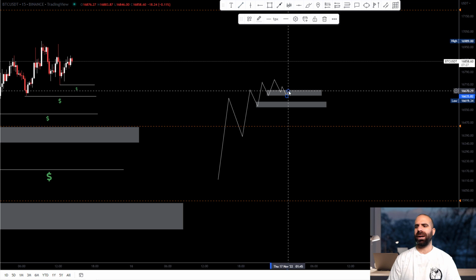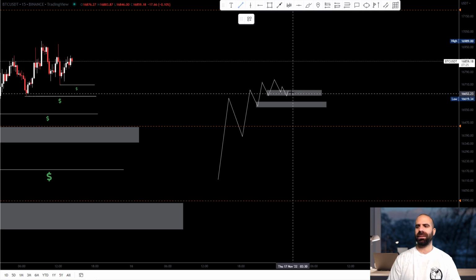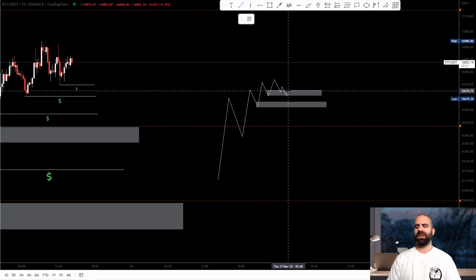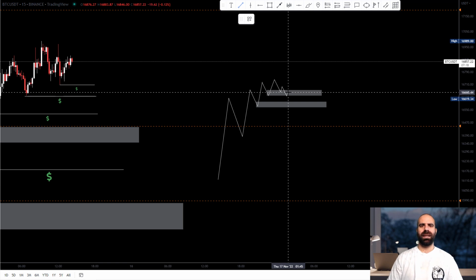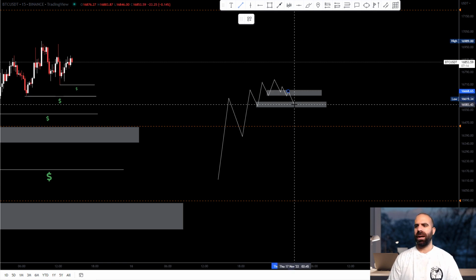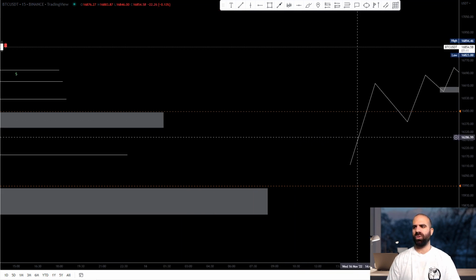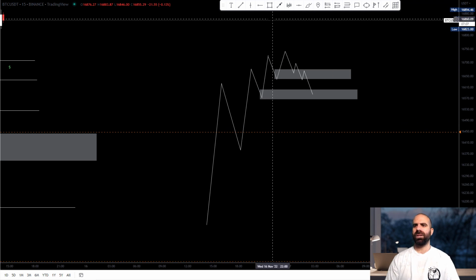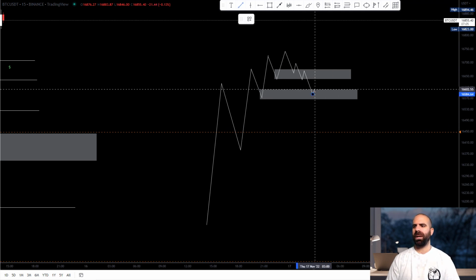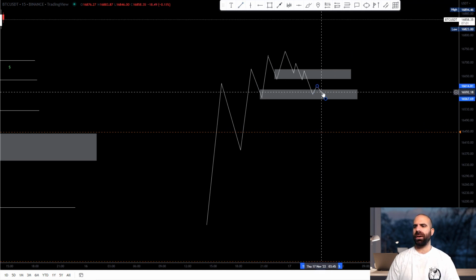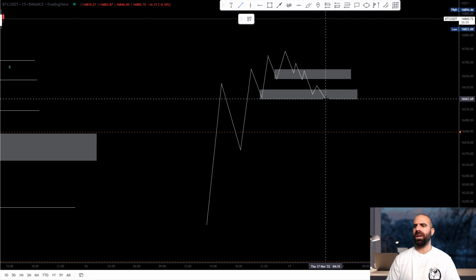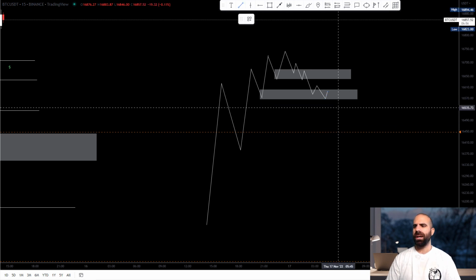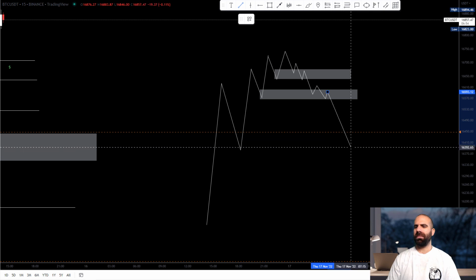So for you who are engaging into gambling activities, which I do not recommend at all because trading is not gambling, then you would be placing another order here and then price, let me zoom in so we can better understand what we are showing here. Price is gonna do the exact same thing probably down here. So it's gonna break a little bit below, it's gonna give another small reaction,